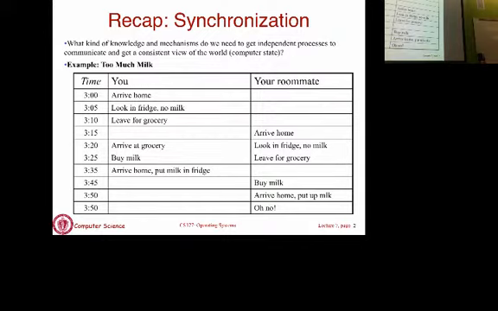So this just shows that if you do not coordinate on a simple task, things may go wrong. Yeah, the opposite may also be true. You may be the lazy person, you arrive and say, no milk in the fridge, my roommate is going to buy it later, so I'm going to go off and do something else. Your roommate may also be lazy and decide that it's not my problem, it's the other person's problem, and now you have no milk. So you can have too much milk or no milk at all because you are not coordinating this task. It requires you to share and coordinate something to get to a correct solution, which is you always have milk, never run out of milk, neither do you have too much milk.